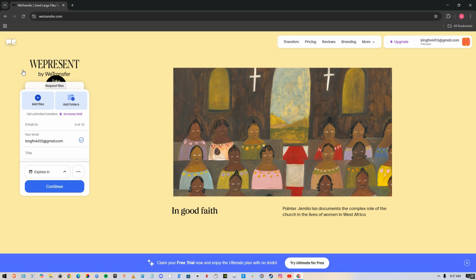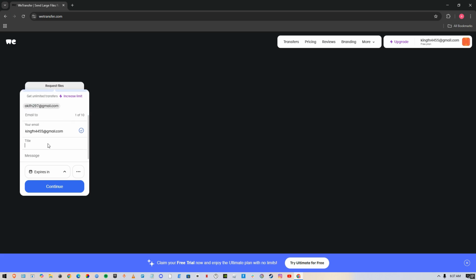What you need to do is just work right over here. First, you've got to fill in the email that you're going to send the files to. So I'm just going to type in the email that I'm going to send the file to, just like that. And they have already written your email, so you can just type in the title as well. So I'm just going to give it a title,